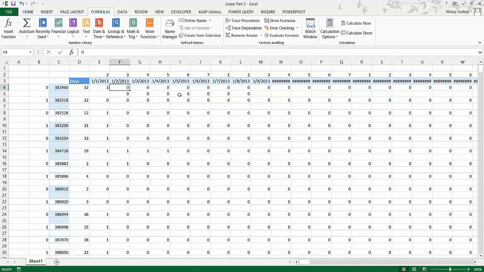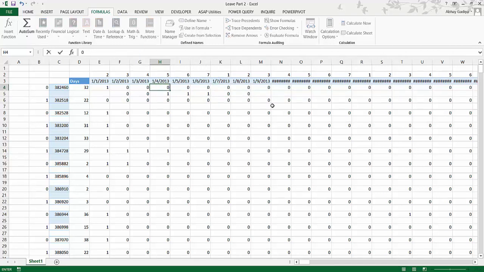Now you can see that here the 1 is not coming, but suppose a person has taken a leave over here, automatically for the weekend also it will be considered, and if on Monday as well he has taken a leave, it will be considered as a 2. Going forward it will automatically be converted to 3. So it will keep on continuously adding up until it gets 0 over here. So let's move back to this 0,